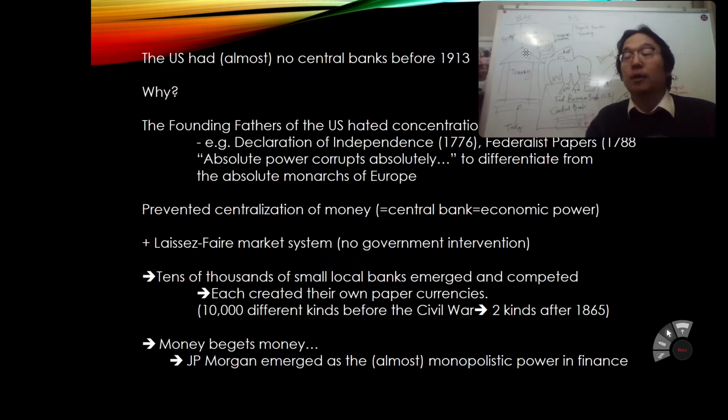The Rockefeller family started their own banking, and then all different kinds of families had their own banking system. Banking is going on. The interesting thing is there have been tens of thousands of different banks in the United States, and each created their own paper currencies before the Civil War. For example, they say more than 10,000 different kinds of paper currencies were available on that continent.